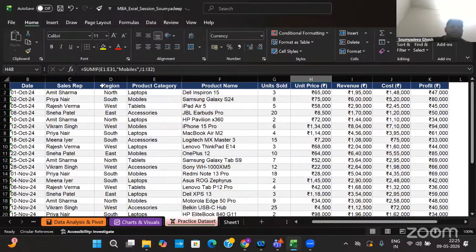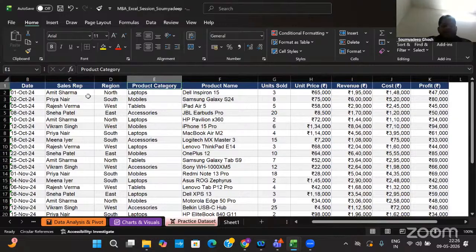Now I need to validate whether this formula has been applied correctly or not. As I mentioned at the very beginning, how we can check that is by applying some filter. Now, how to apply filters to a particular cell? Can anyone share any idea on how to sort and filter things?